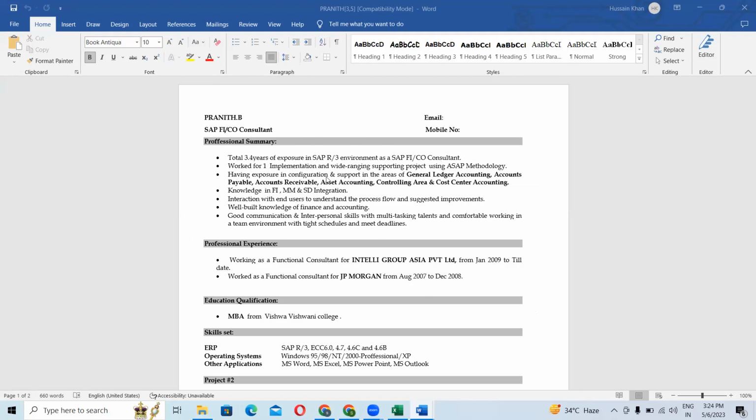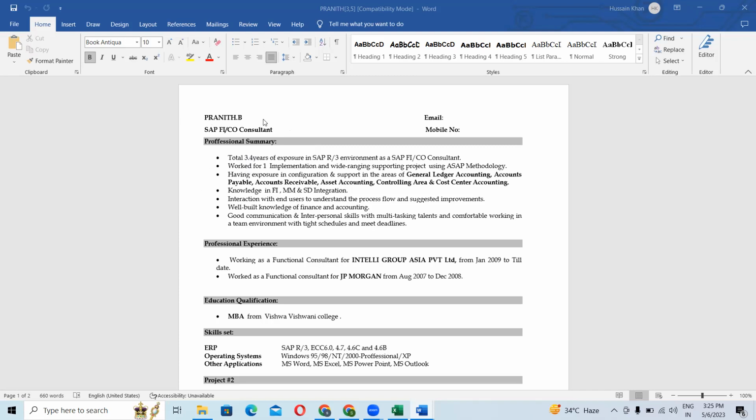Even if you are applying as a fresher, you still need to mention your name and try to make the CV as simple as you can. Don't make it complex, because as a fresher you obviously won't have any experience, but you would have knowledge of the product you are applying for.